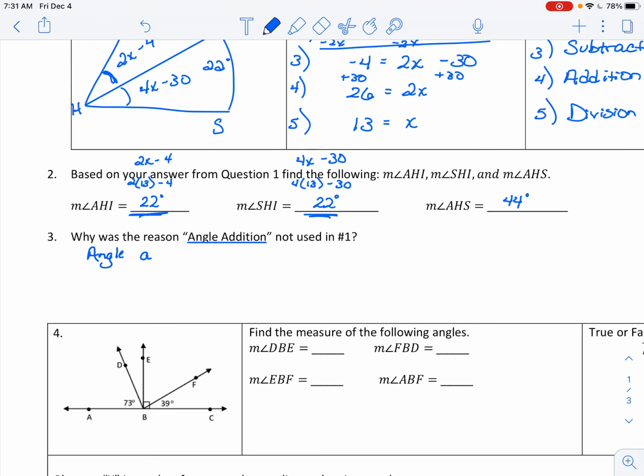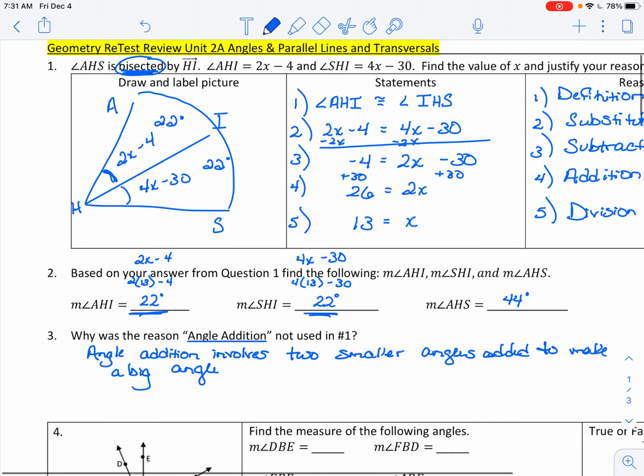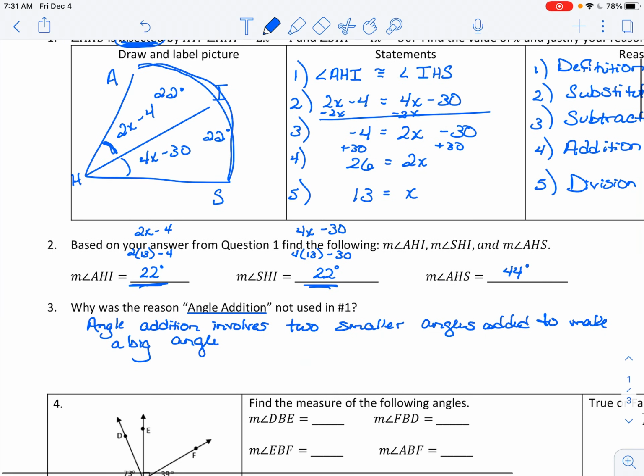angle addition involves 2 smaller angles added to make a big angle. Which is not what I was dealing with there. I wasn't trying to, I didn't tell you originally, oh, this whole angle is 44. I didn't know that. What I did have,